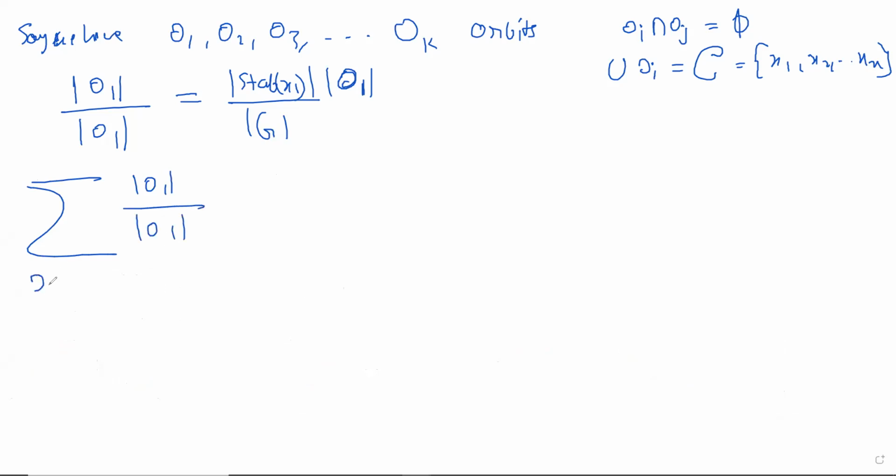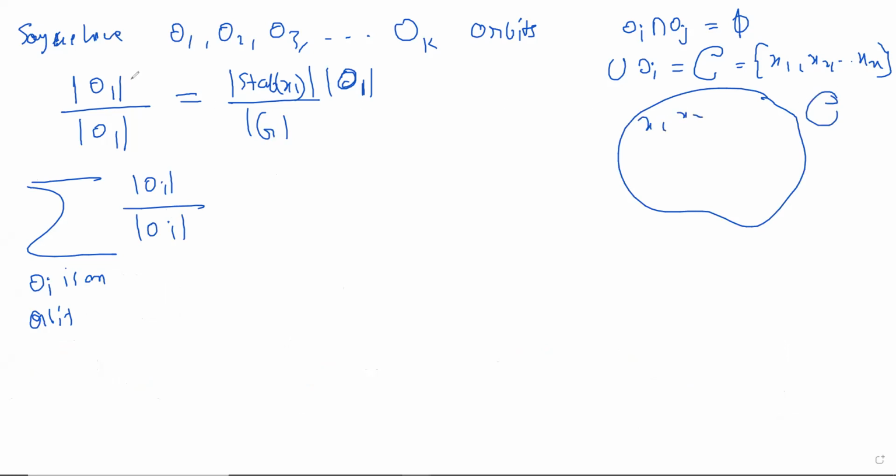Here O1 is an orbit. We had the set C of configurations. So here I've just done a trick. I'm trying to count the number of orbits, so to count the number of orbits, I want to find the value of K. So I basically have to replace 1. I'm trying to replace 1 by a more interesting thing, which is in terms of the orbits.